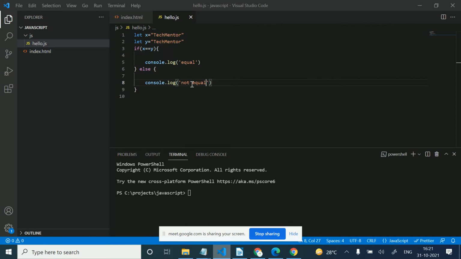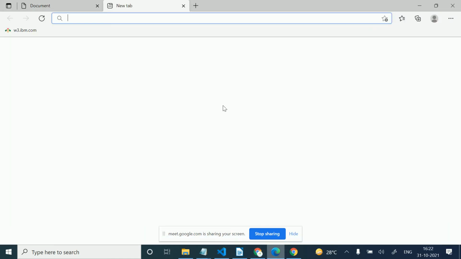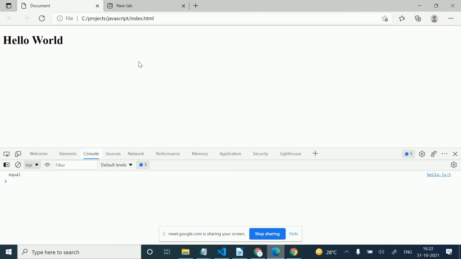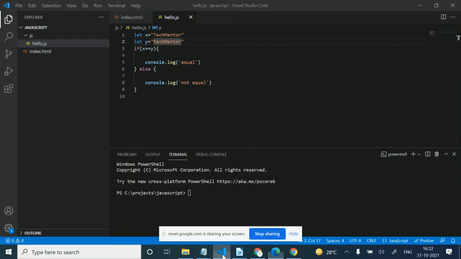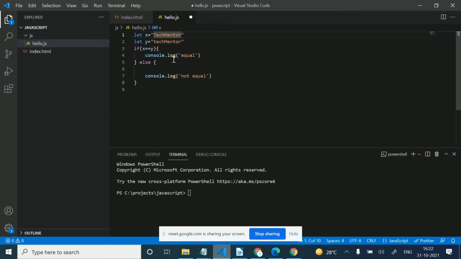If I change this caps to small, let's refresh now. We will get, so we are getting not equal in the else condition. So JavaScript is case sensitive as well. This is the string comparison, and there are some string functions as well.